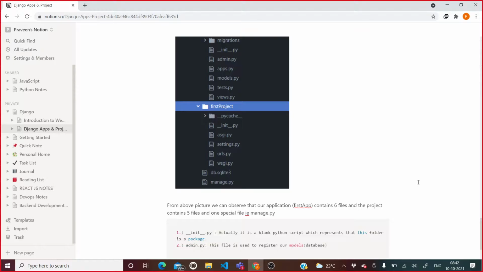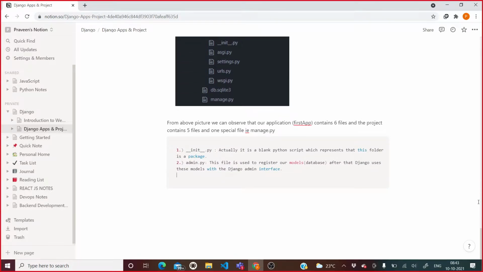After that, Django uses these models with the Django admin interface.